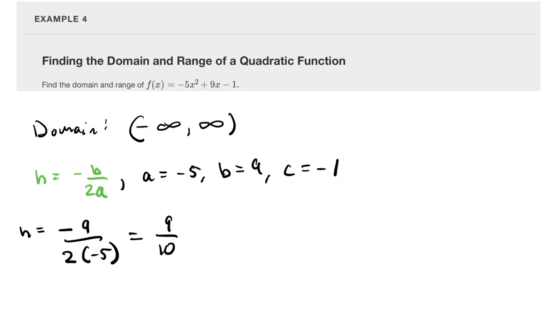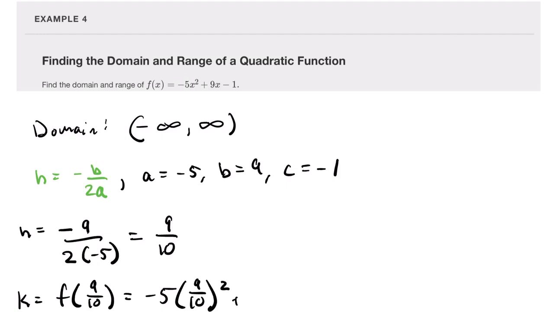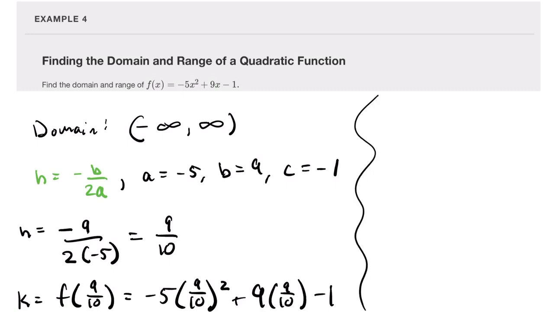So then we need to go and find, so that's the x coordinate of our vertex. We can use that to go back and find the y coordinate, which is going to be our k. That's going to be f of 9 over 10. So that's -5 times 9 over 10 squared plus 9 times 9 over 10 minus 1. So 100 over 5 turns 100 into a 20. So it looks like it's going to be -81 over 20